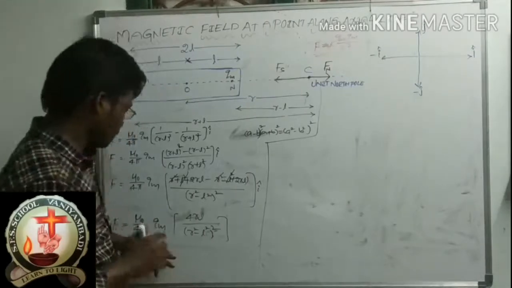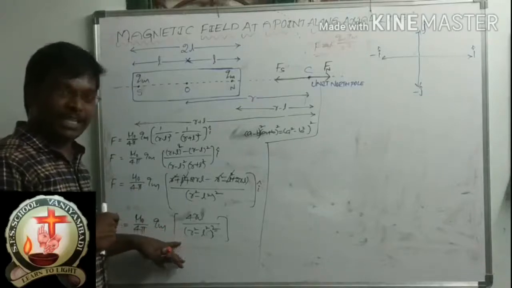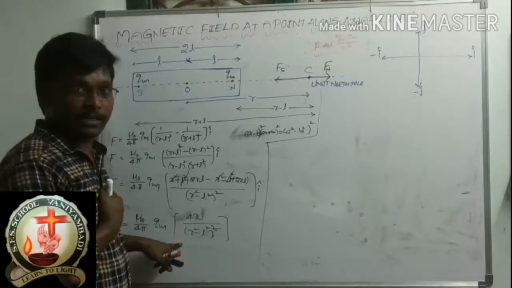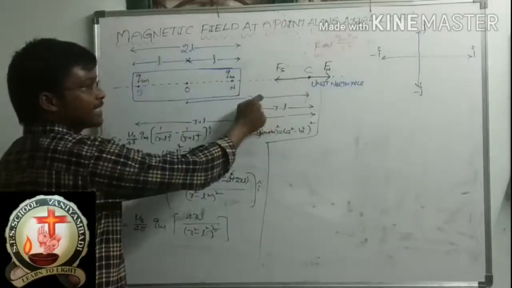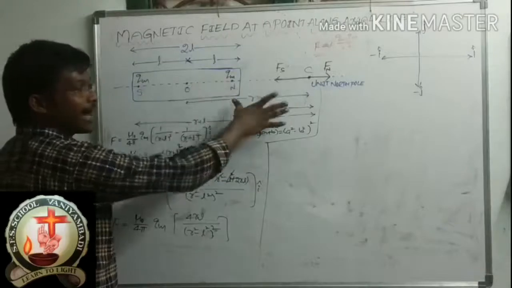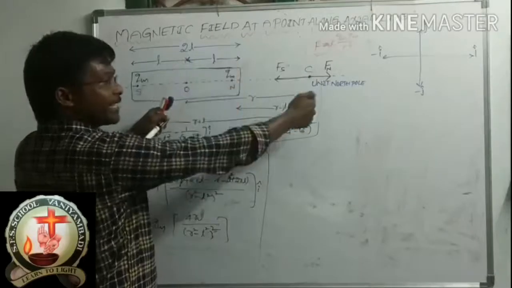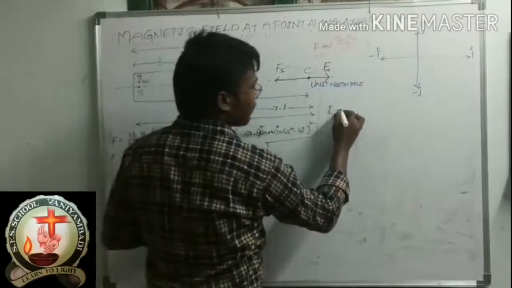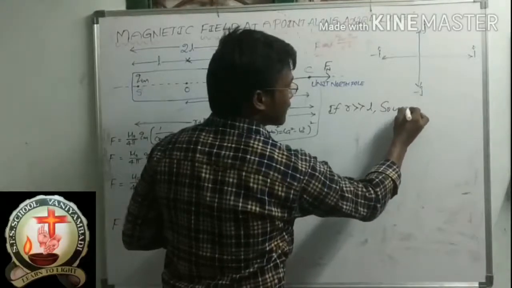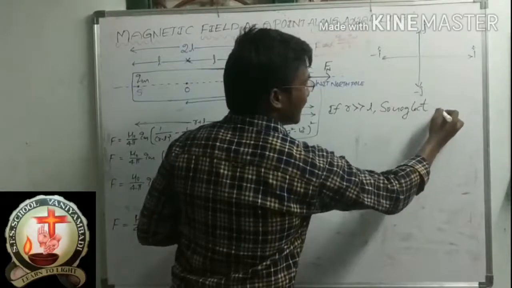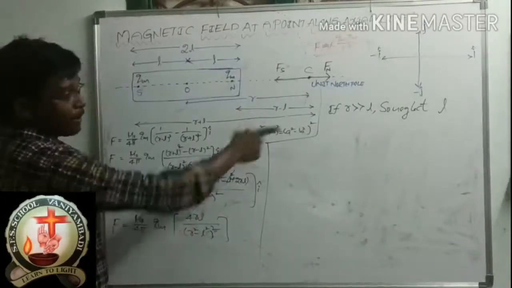Now here I am taking one condition. Here to here this is the arm. Here to here this is R, here to here this is L. R is bigger, otherwise L is bigger. R is bigger. So if R is very very greater than L, neglect L. So from this step I am applying that condition.